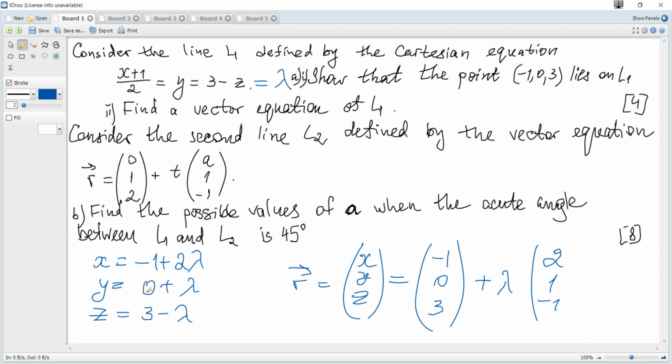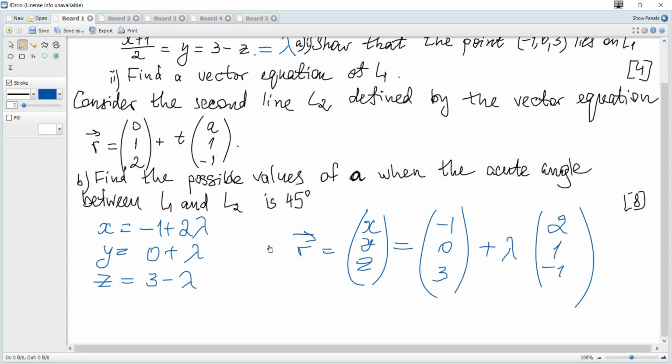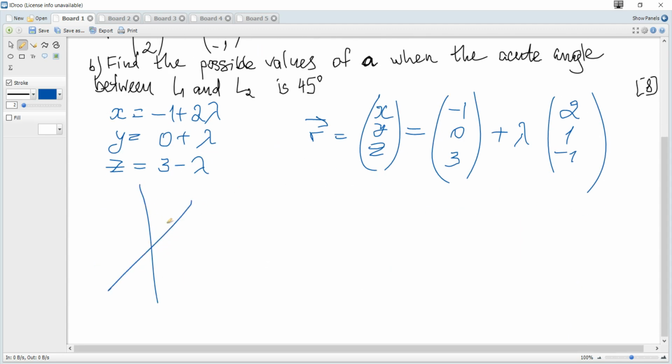Next, consider the second line L2 defined by the vector equation. Find the possible values of a when the acute angle between L1 and L2 is 45 degrees. So it looks like this. There are two lines and each has a direction vector. Let them be b1, b2, and the acute angle between the lines is 45 degrees. So it may be like this, but also it may be like this,